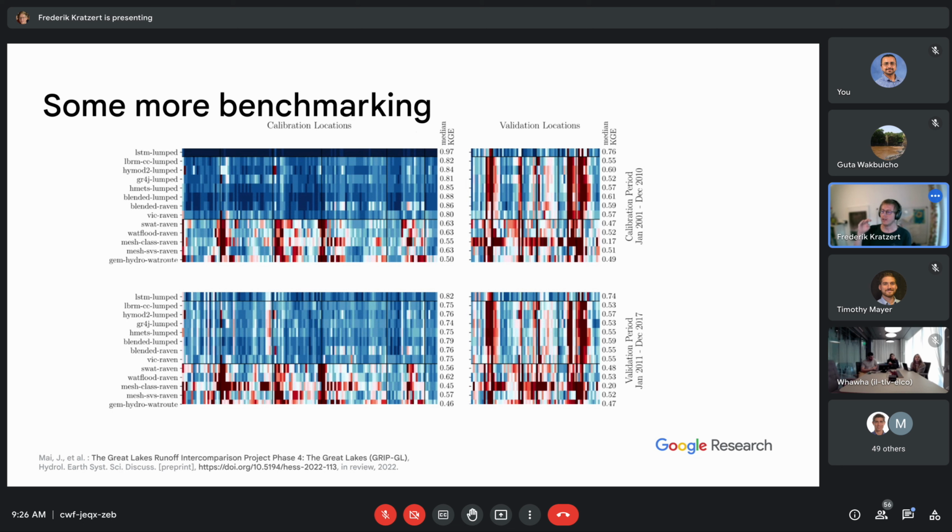And we see on the left-hand side the different models that participated, and on the right-hand side of all of these 4 boxes, we see the median KGE. And now the upper left box is calibration locations, so training basins during the calibration period. So this is training basins during the training period.